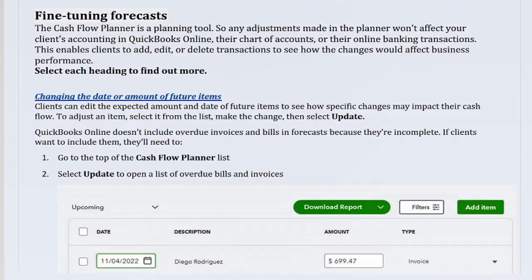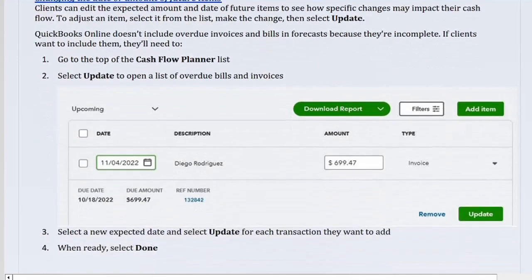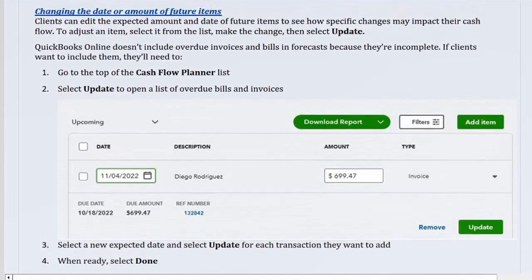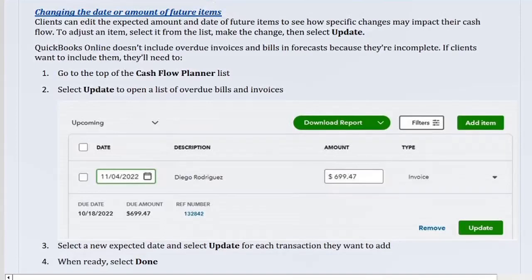Changing the date or amount of future items. Clients can edit the expected amount and date of future items to see how specific changes may impact their cash flow. To adjust an item, select it from the list, make the change, then select Update. QuickBooks Online doesn't include overdue invoices and bills in forecasts because they're incomplete. If clients want to include them, they'll need to